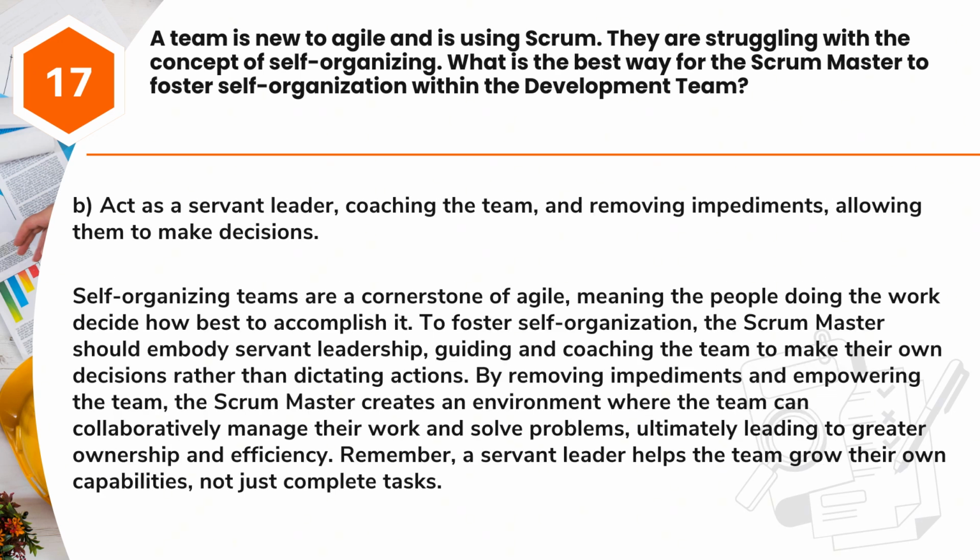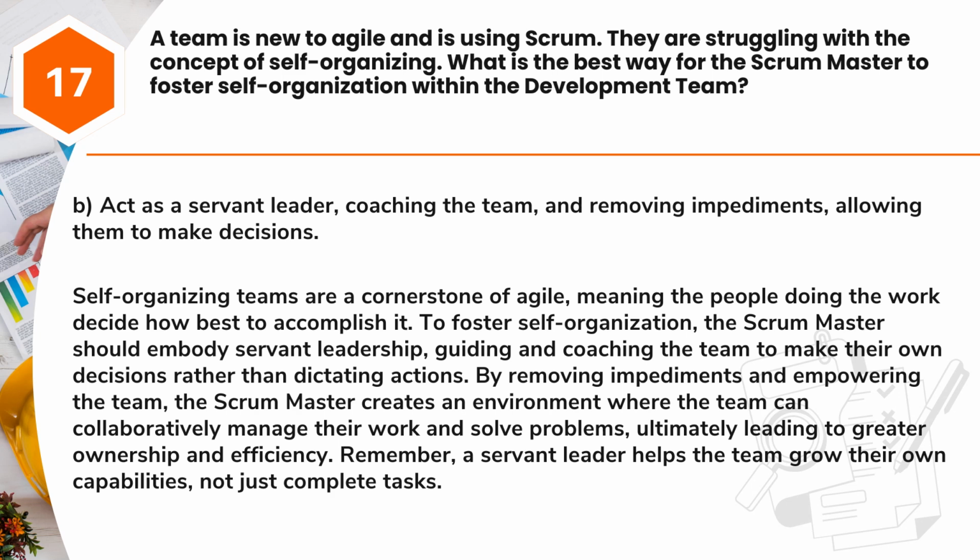Answer. B. Act as a servant leader, coaching the team, and removing impediments, allowing them to make decisions. Self-organizing teams are a cornerstone of Agile, meaning the people doing the work decide how best to accomplish it. To foster self-organization, the Scrum Master should embody servant leadership, guiding and coaching the team to make their own decisions